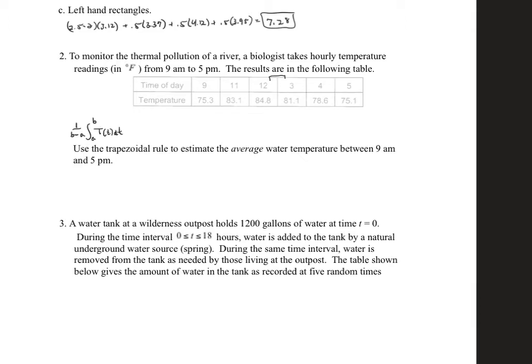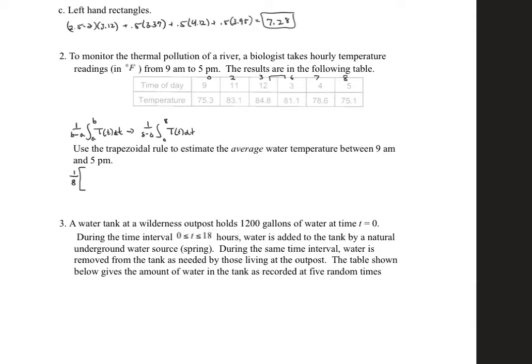So we're going to approximate the integral using our trapezoidal rule. So we're going to have a 1 over b minus a. I'm going to think of this for a moment as being times 0, and then this will be times 2, this will be times 3, that will be times 6, times 7, and times 8. So we can think of that as being 1 over 8 minus 0, integral from 0 to 8 of our temperature function. So we're going to get a 1 over 8 from our average value, and then we can't use